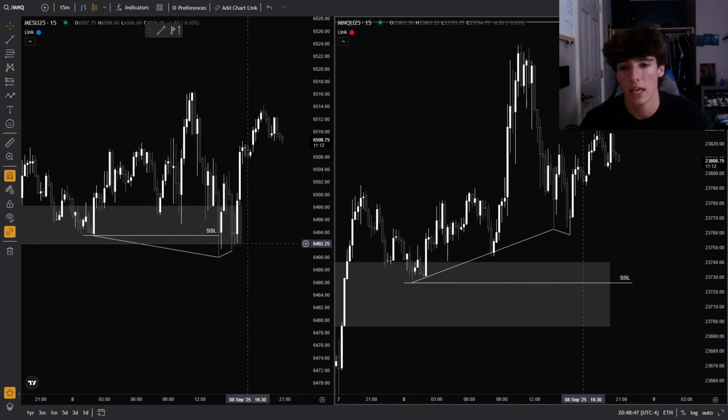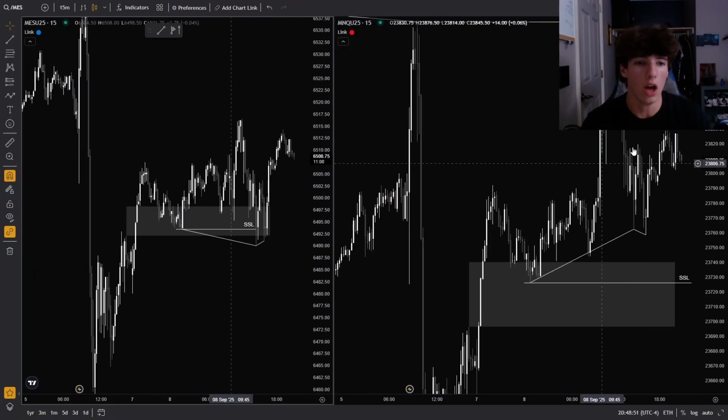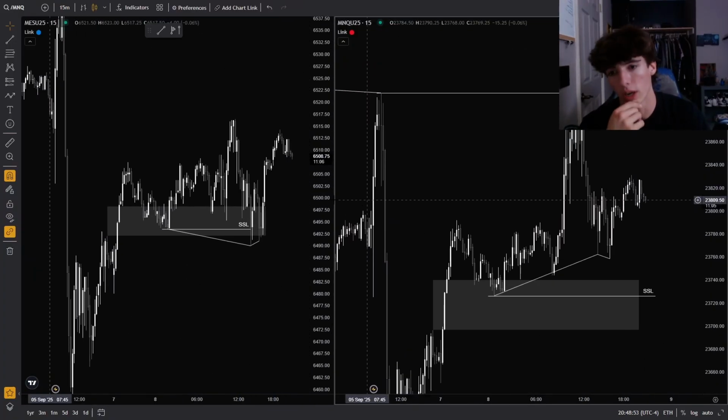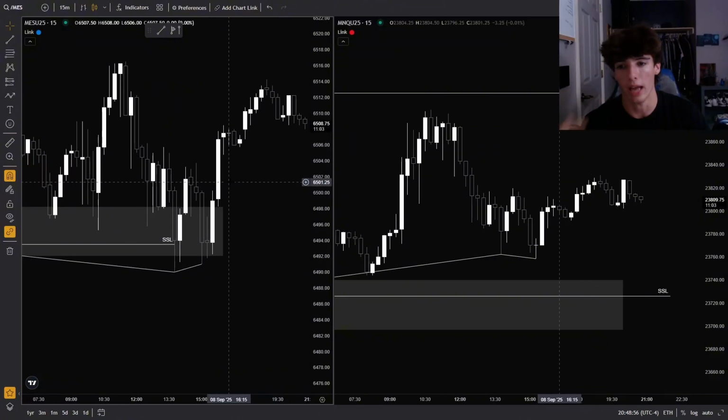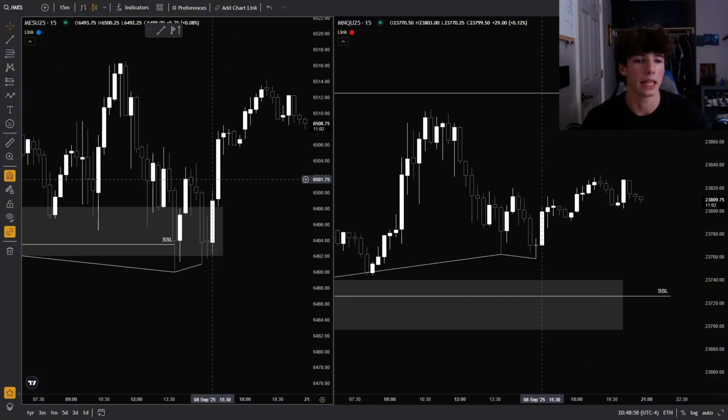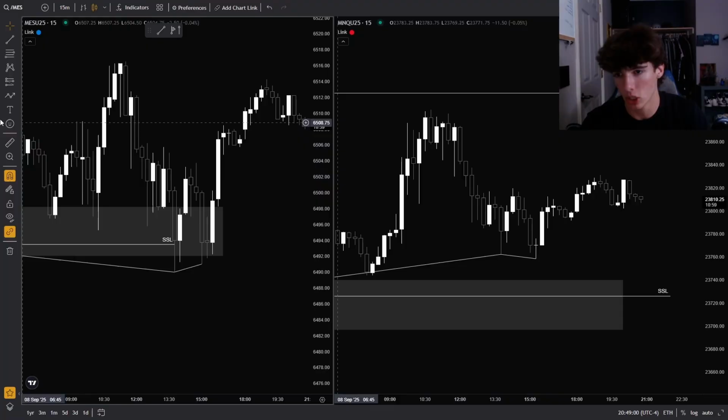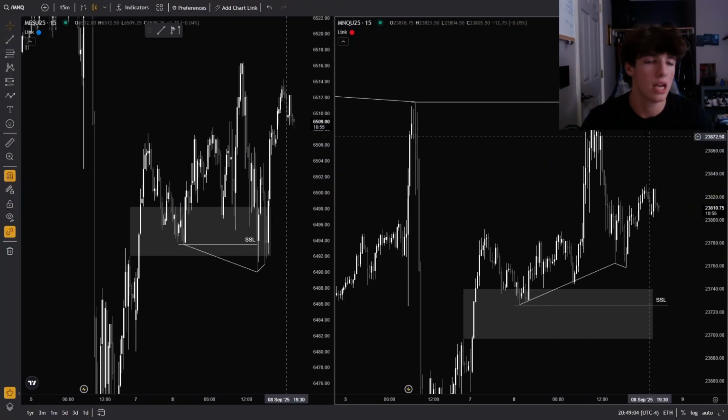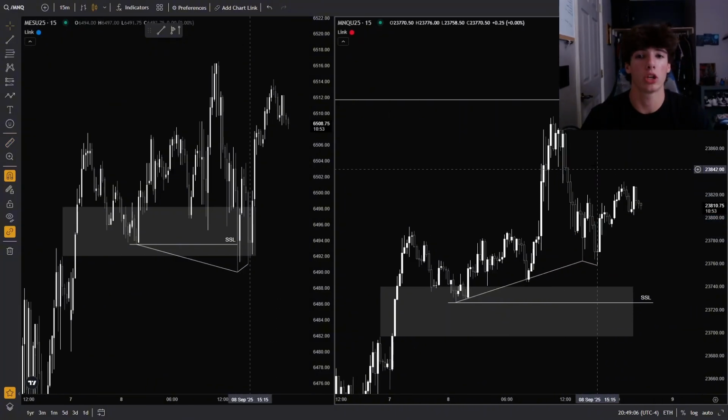In my opinion, the structure validates trading ES, because, actually, there's two ways to look at this, right? You can look at just trading the internal model, which is probably what I do, just considering the time that we're at in price. I'm just expecting a bit of a smaller move to the upside, not expecting to see this external draw get taken. But if this was earlier in the morning, I would definitely be looking to trade NQ, because